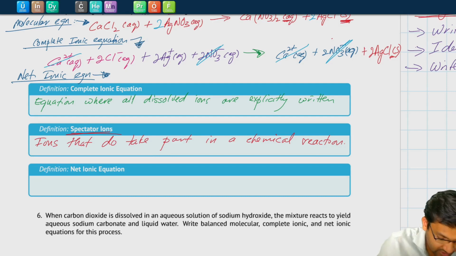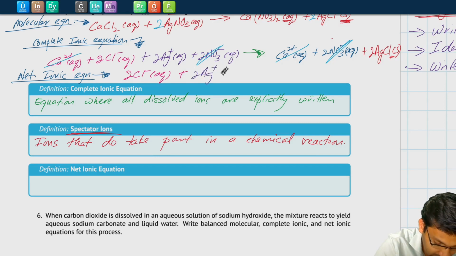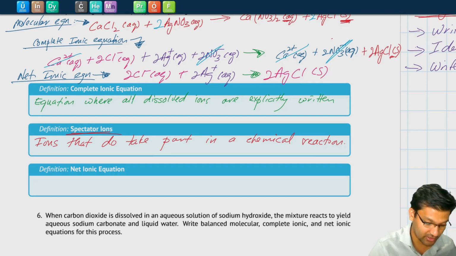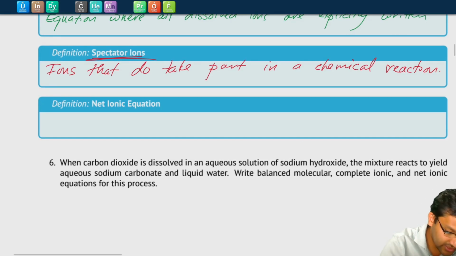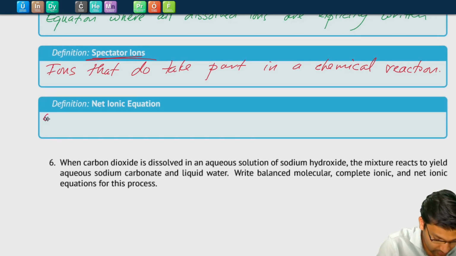So the one that we just wrote was a complete ionic equation with every ion broken apart. In our net ionic equation, we just include the ions that do take part, the compounds that do change in the reaction. So here we have the 2 chloride minus aqueous plus the 2 silver plus aqueous going to give us our 2 silver chloride solid. Those are the only things that change. And so that's our net ionic equation, or in other words, our net ionic equation is simply the equation